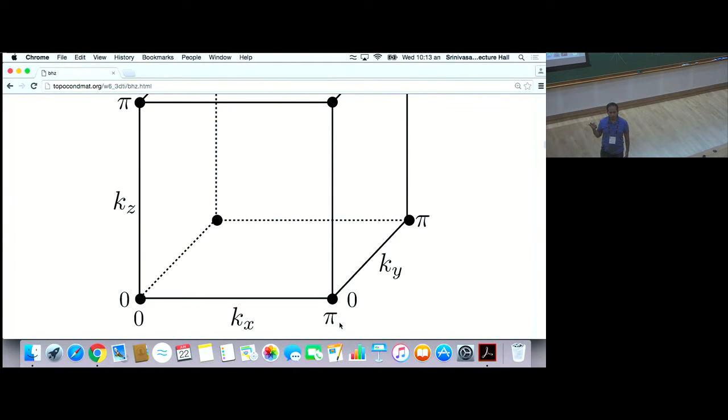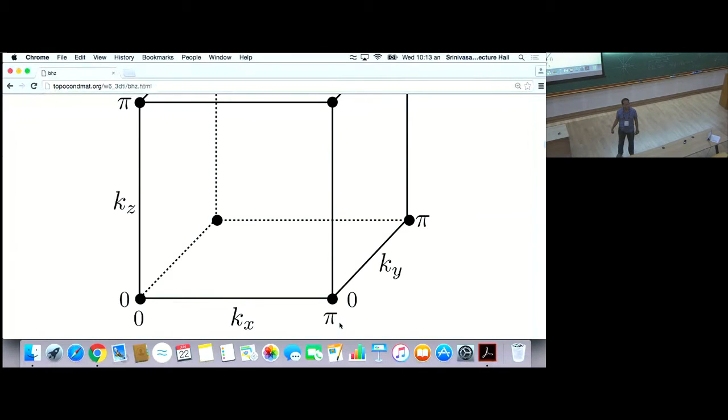So what does that suggest? What could happen? If I just looked at the Hamiltonian as a function of kz and kx, and based on what we just talked about, what could be interesting? The Hamiltonian could become gapless over there, but let's say it is gapped. And based on what we just talked about in 2 dimensions,